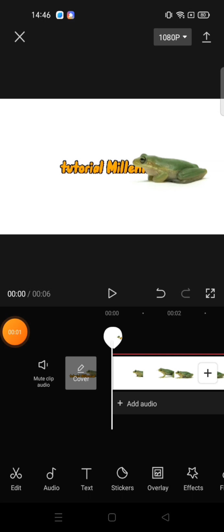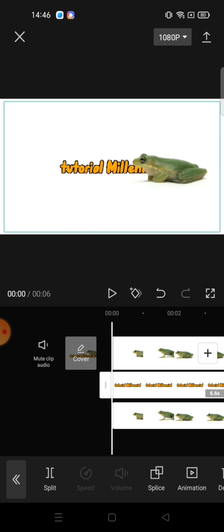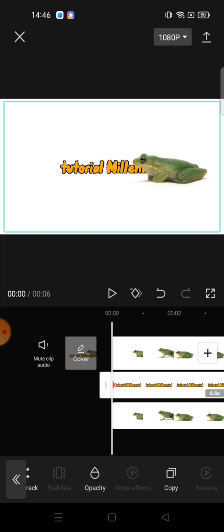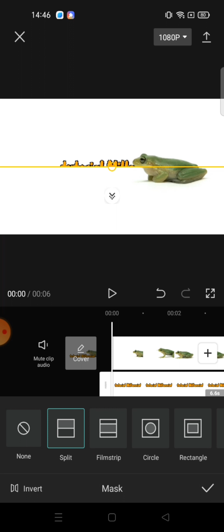Okay, now let's add the reveal text. Click on the text and then click keyframe icon. Now if you want to get to the part where the object just move a little bit over the text, and then click keyframe again, then go to mask and click on split and then rotate it as you need,